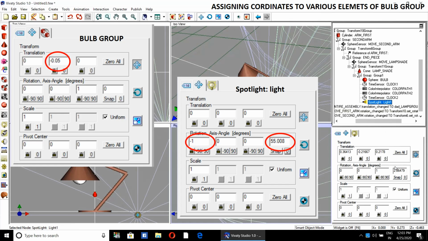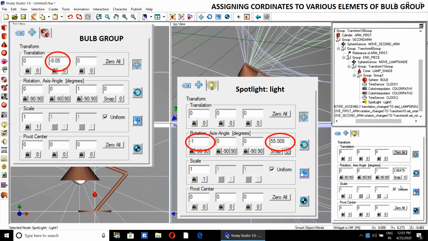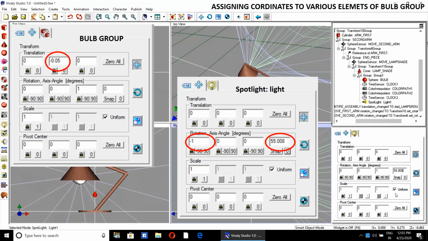Then the spotlight. The spotlight XYZ translation coordinates are all 0. Snap is 55.008. And X is -1. I think I have not changed that X to -1, but it needs to be changed.